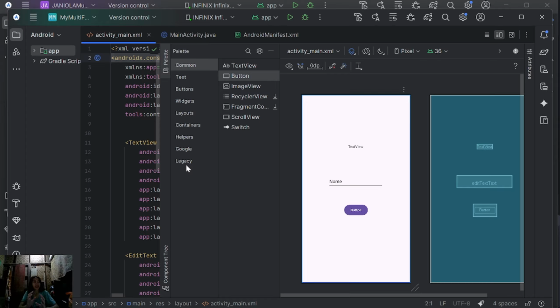Working with Java improved my understanding of how event listeners, XML layouts, and activity lifecycles work together. It also reminded me how crucial clean code and organized layouts are for scalability and readability.